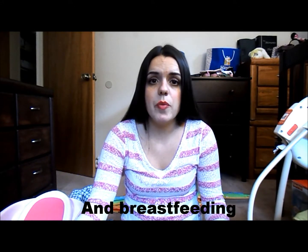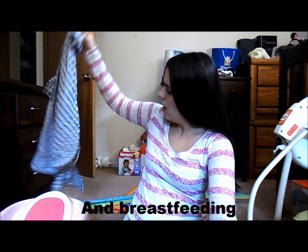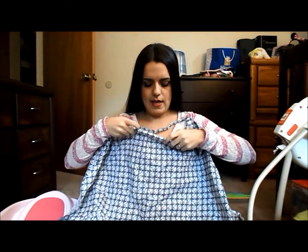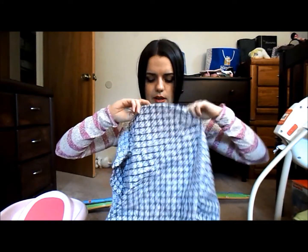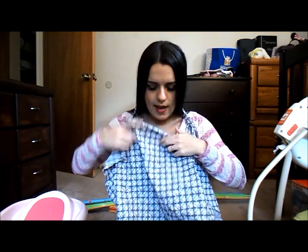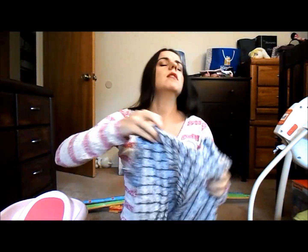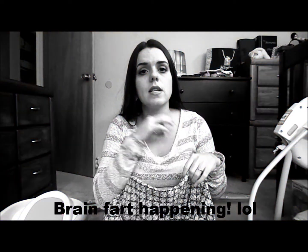Another thing that goes with breastfeeding is a cover. So I shopped online a while for a cover, and then I realized they're expensive, and I told my mother-in-law, and she's great at sewing, and she made me this. It's just a little cover. It has the little wire, just like the other ones do, and then you can still see your baby when you're breastfeeding. And she put a pocket inside, because I saw that some of them had pockets, and I never understood why until I realized it's like, oh, that is so great when you're taking your breast